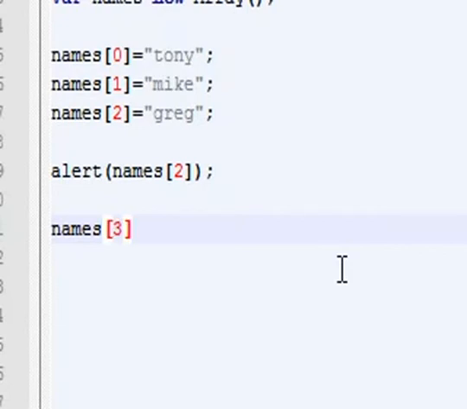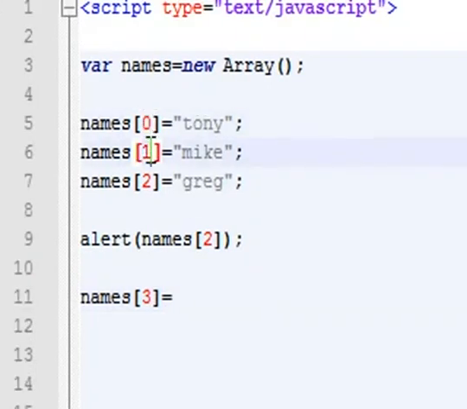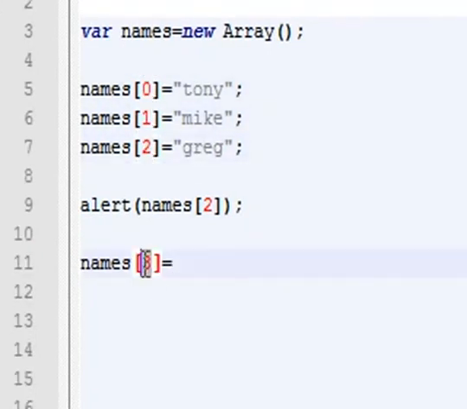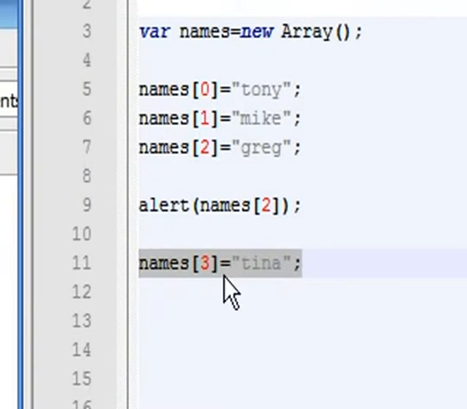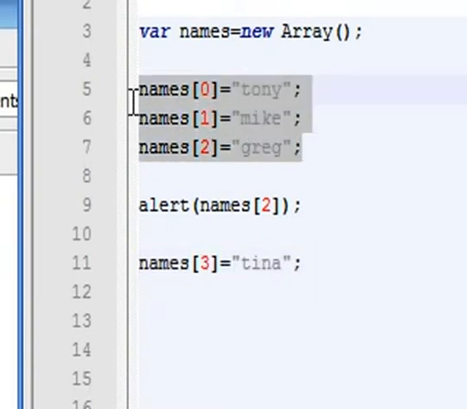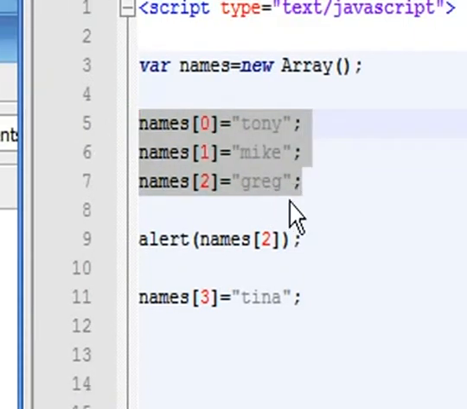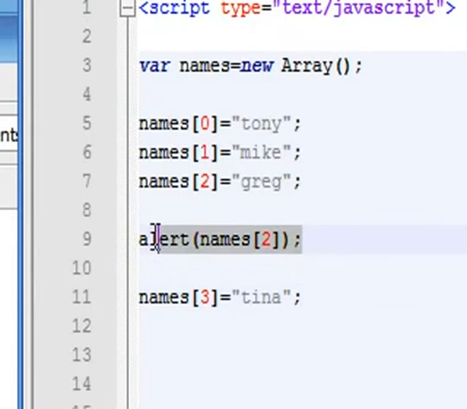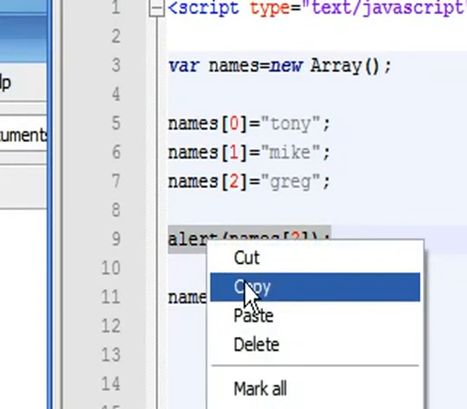All you have to do is type in the next element of the array. So we already got 0, 1, 2. Now we just need to type in 3 and type in a new value for it. As you can see, as long as it has the value of the next element, it doesn't need to be directly connected to your array. It doesn't need to be all in a cluster. So now, if we copied this